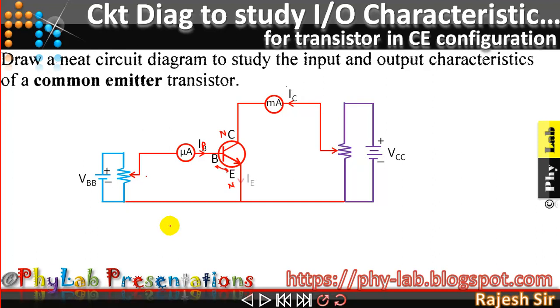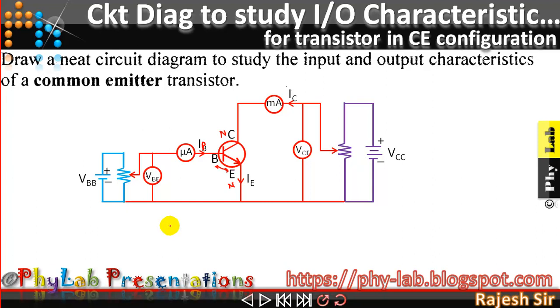Now I need to connect a voltmeter so that it can record the voltage. So here I am connecting the voltmeter in the output circuit, and this is going to be VCE, which is going to record the output voltage, and here I am going to connect a voltmeter which is going to record the input voltage VBE. Once this has been done, our circuit is now complete, which will be used to study the input